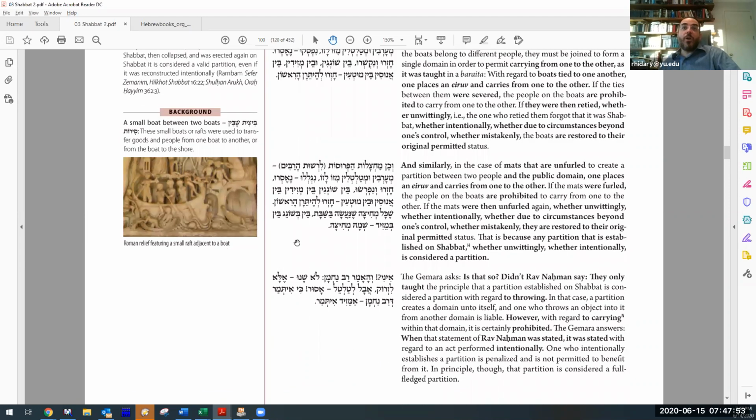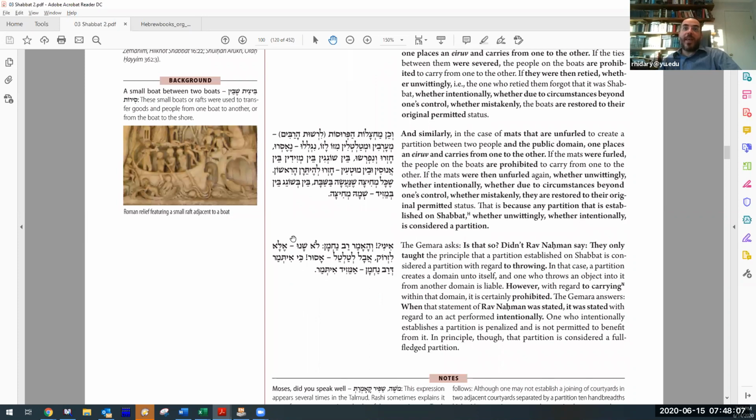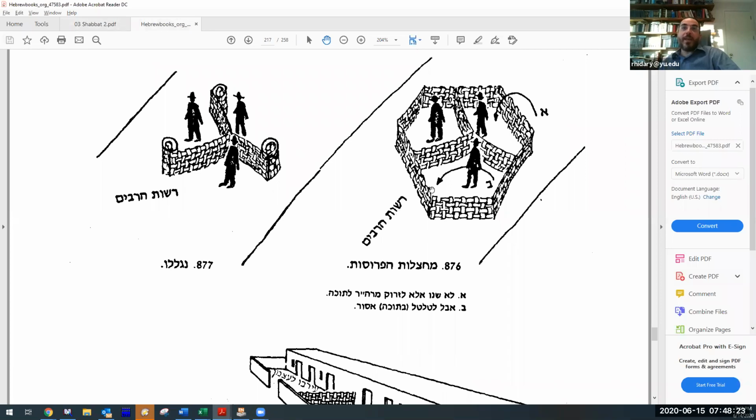Rav Nachman said all this halacha that you can carry when they're tied together, that's only to throw from one to the other, but not to actually carry. Ki itmad Rav Nachman amezid itimad. Well, when Rav Nachman said that limitation, that was only if you rebuilt it on purpose, b'mezid. Then there's a kanas, a fine that you can't use it fully, but you can still use it partially, right? So once again, if I made this before Shabbat, and then the wind came and blew them away, and now I'm mezid against Shabbat, knowing it's Shabbat, knowing it's asur,